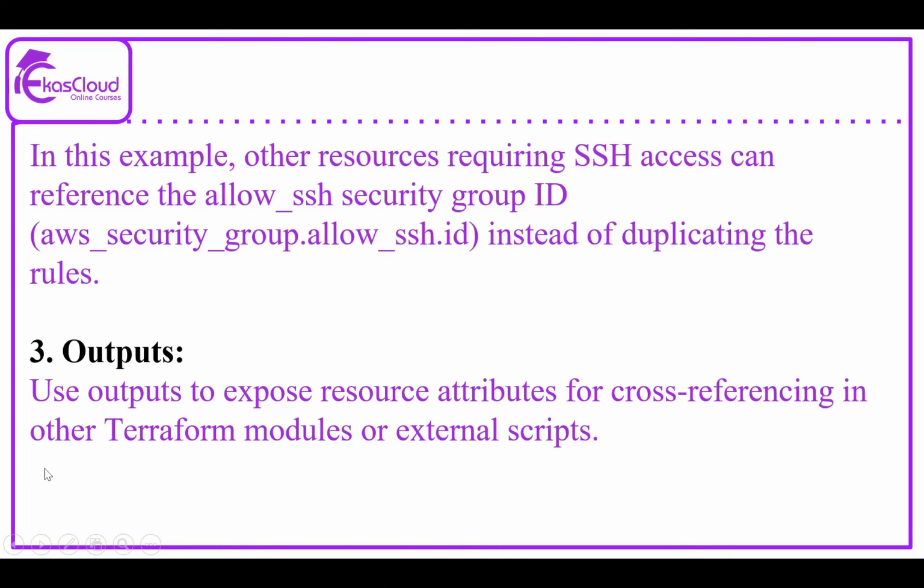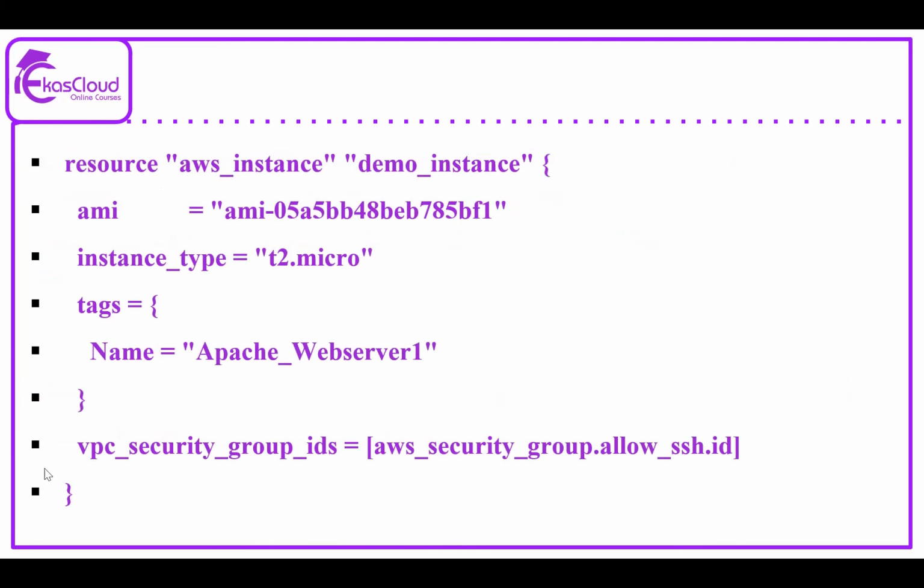Third one is outputs. Use outputs to expose resource attributes for cross-referencing in other Terraform modules or external scripts. This is a sample code of outputs. Here I have used aws_instance and reference name demo_instance. This is my AMI ID which I copied from the server, and I used instance type t2.micro. Tags I just gave as Apache_web_server_1,